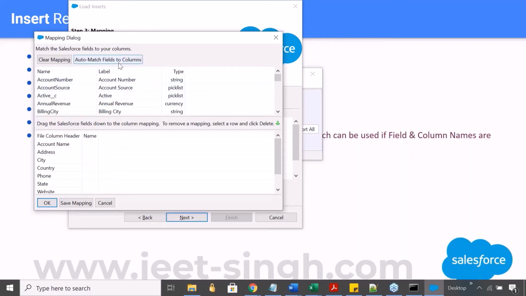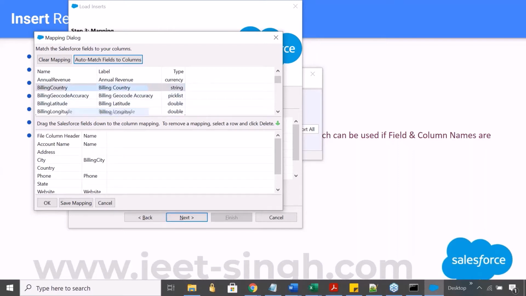Try doing an auto match. Some of these fields will be auto matched. See, name, phone, website, whatever is matching has got automatically matched. Now other fields I can map manually, like city here is billing city here, so I can drag and put this here.